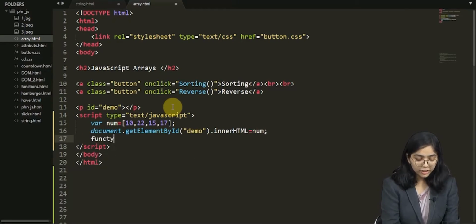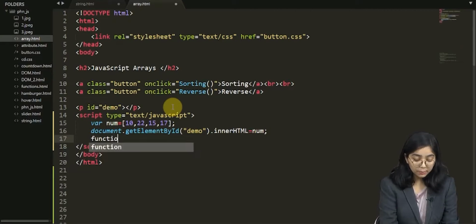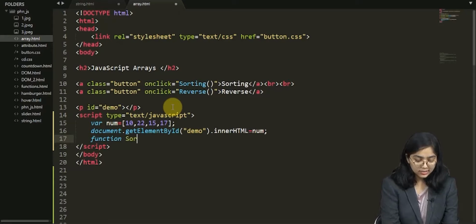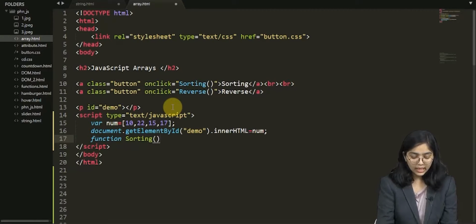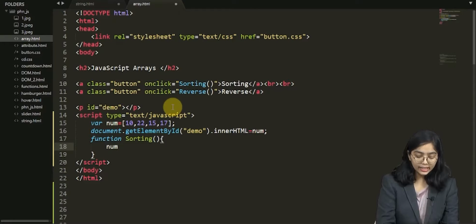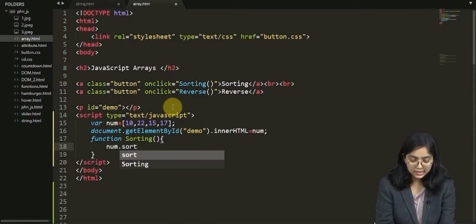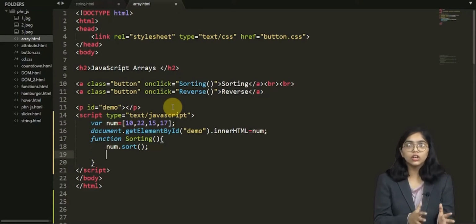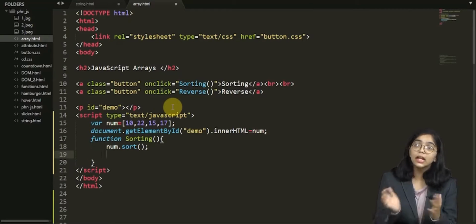Now let's start with the function. Since we have allotted some buttons, each button has its function in it. So we will declare the function. The first function goes as sorting, and after this we will enter the method. The method goes as the array name and the method is this. The output of this sort method is going to be stored in the num itself.